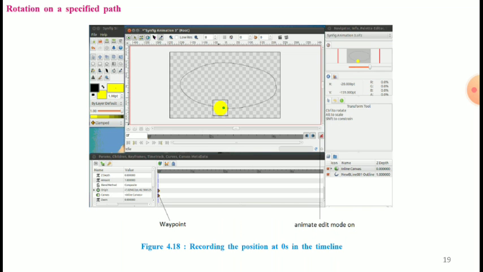Drag the circle a little bit using the positioning duck, that is the green duck, to record the starting position on the 0f mark in the timeline as in figure 4.18. You can see a waypoint is added at the 0f mark. That is a waypoint, and animation editing mode is on.